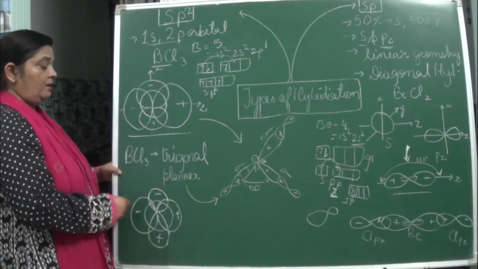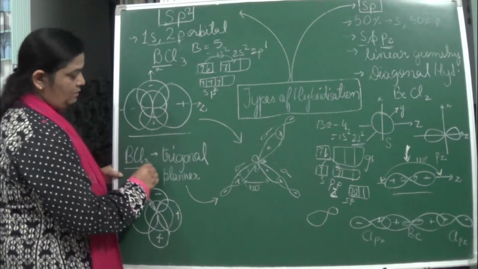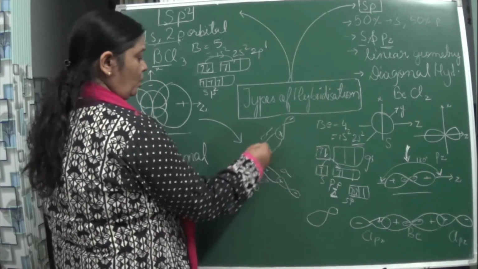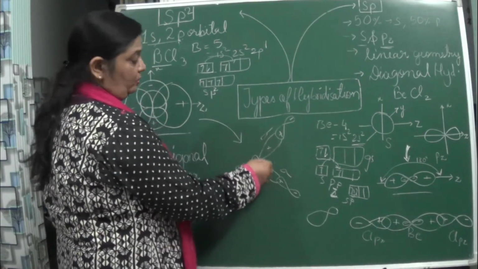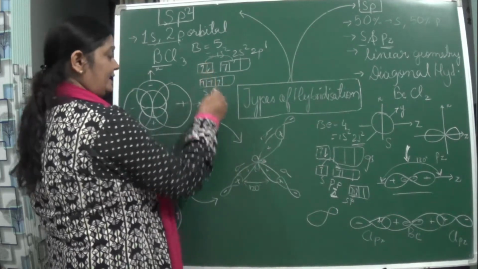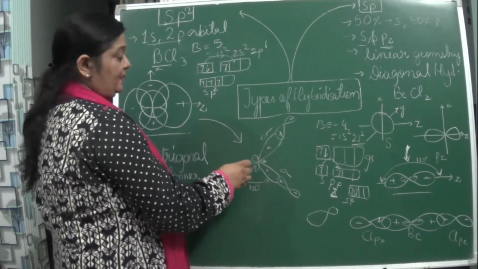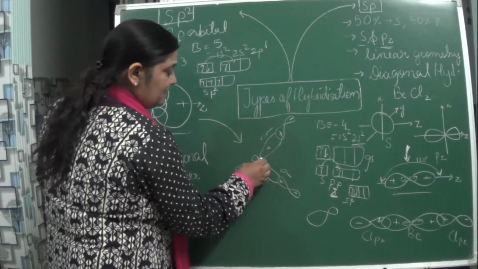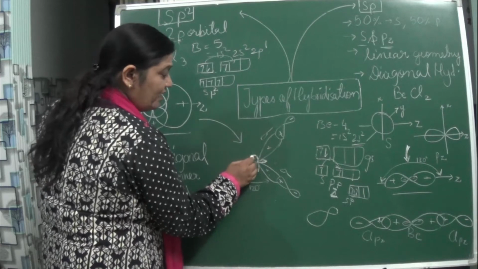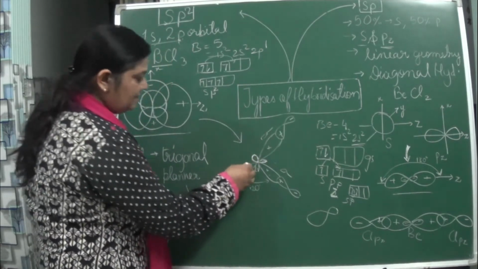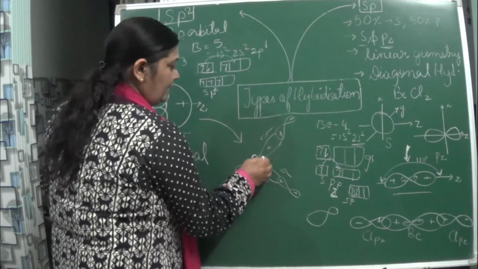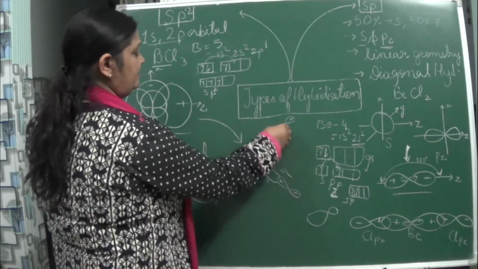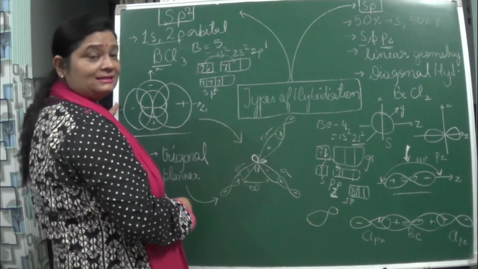So here when we are seeing boron trichloride, the structure will be like this. This whole structure you see is of boron being hybridized with sp2, isn't it? In the structure, the small ones you can see in the figure represent the s orbital, and this one represents the P, and in total the excited state of boron. And here you can see the chlorine is getting attached, having electrons in its P orbital.